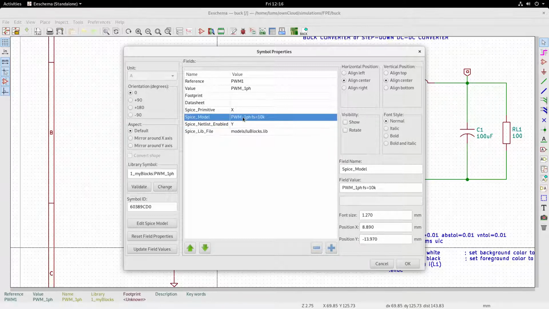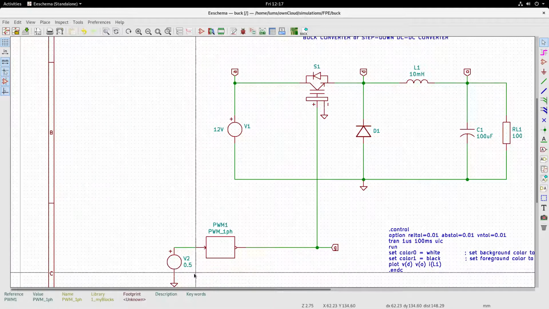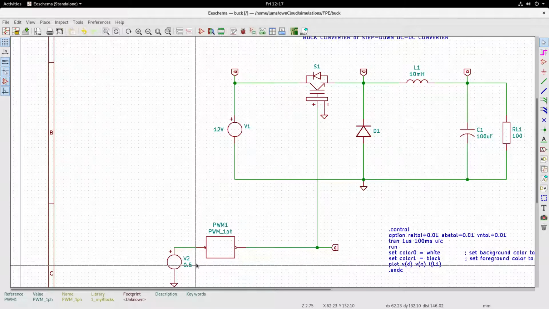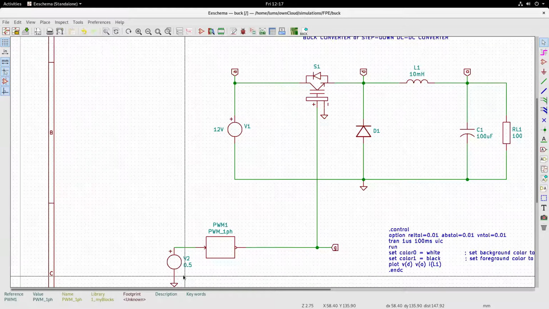And the model is called in the sub-circuit in this fashion, PWM one phase. The parameter you are giving is a switching frequency of 10 kilohertz. You can pass 20 kilohertz, whatever frequency you want. So this is the PWM block. And as explained, I am using the input voltage to set the duty cycle. Now 0.5 is the voltage value, and the triangle is -1 to +1. So you will see a duty cycle of around 75%.